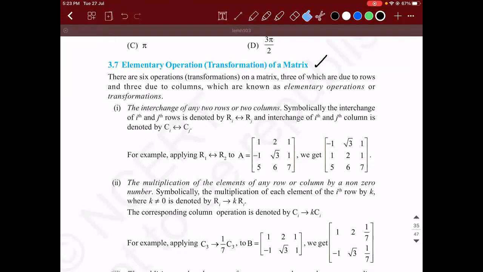Sir, isn't it that they removed it? Which one? Elementary operations. That was removed from last year. This year they removed it. Yes, sir. One minute. I also saw in the syllabus that they removed it. Then it is good. Let me check it once. I didn't see that part. Just give me two minutes. Grade 12 math topics. But anyway, the recorded video, if you want, you can go through it. Last year it was not there.